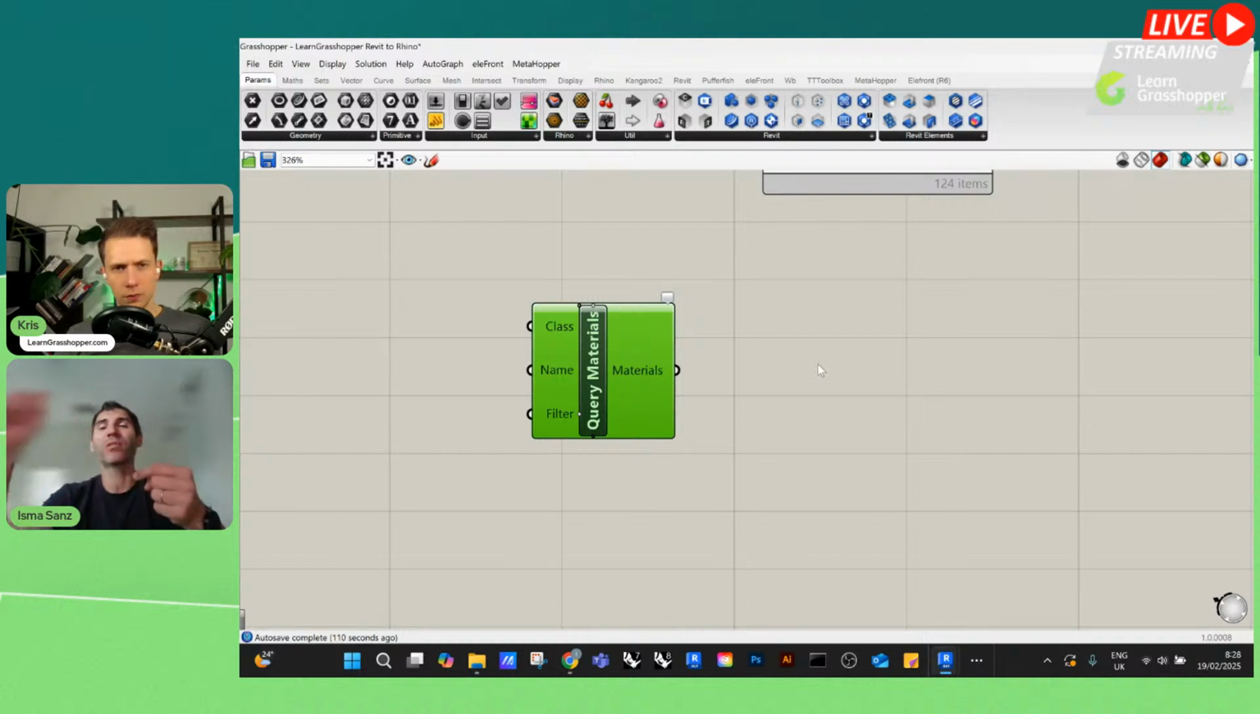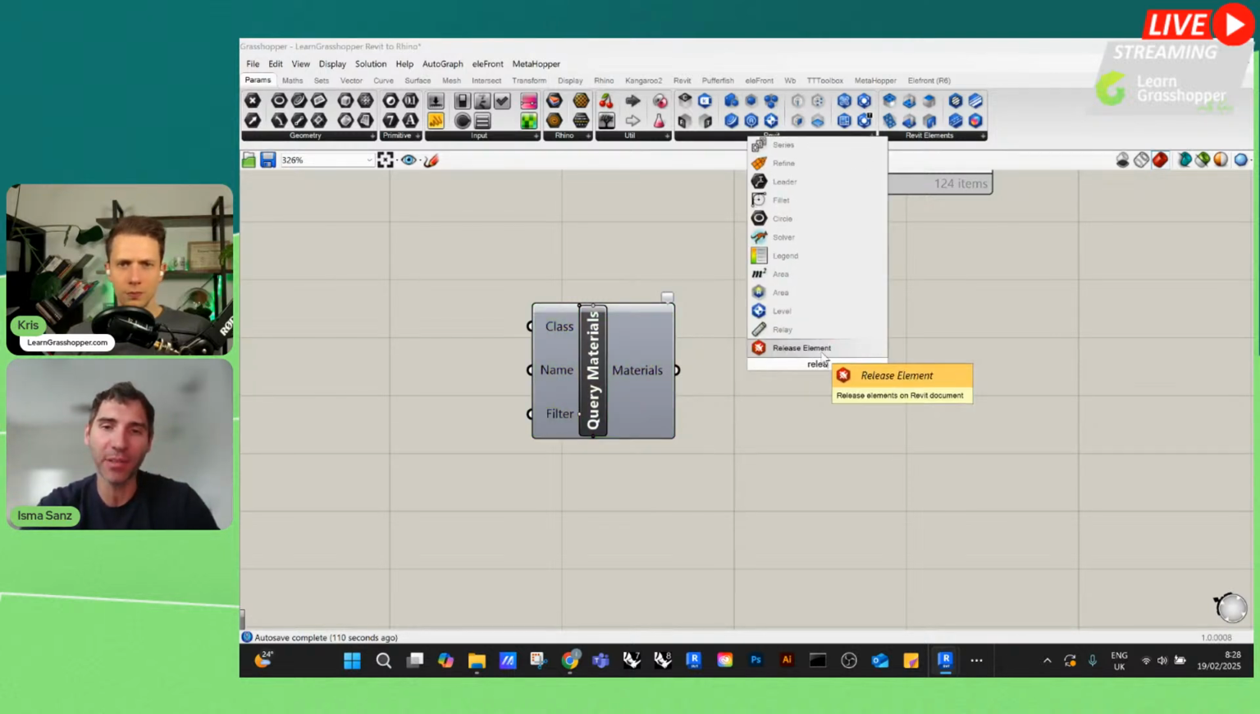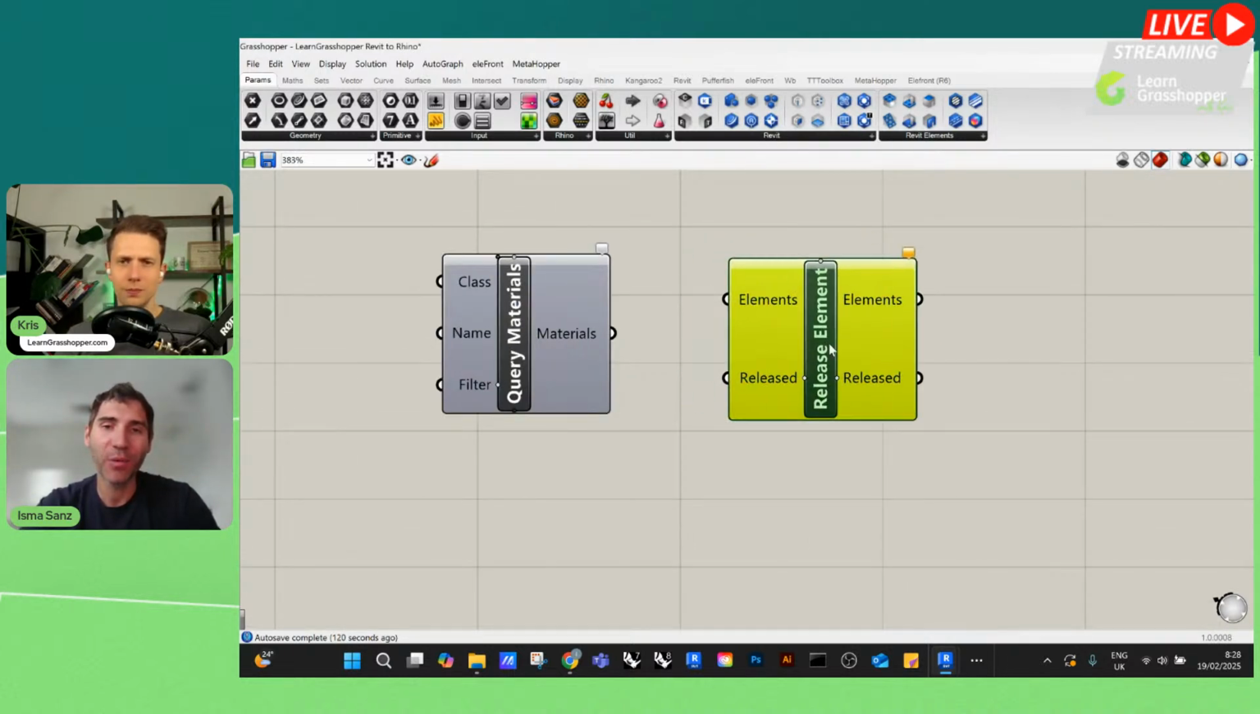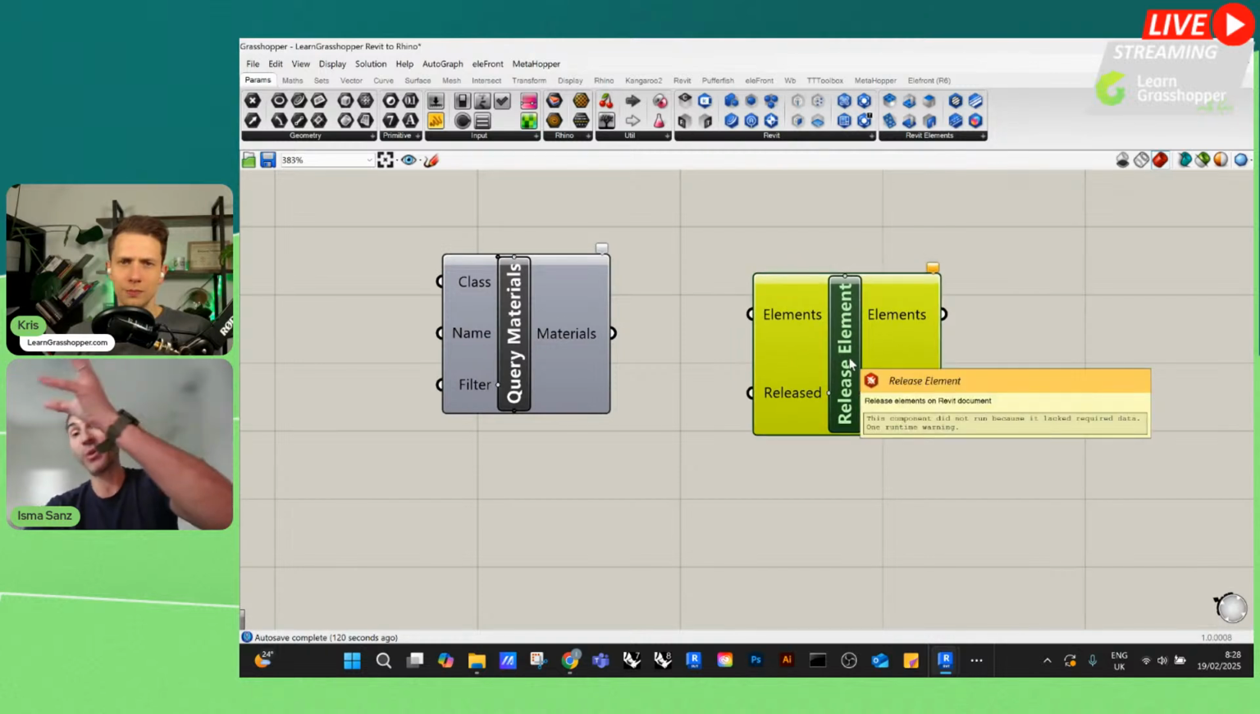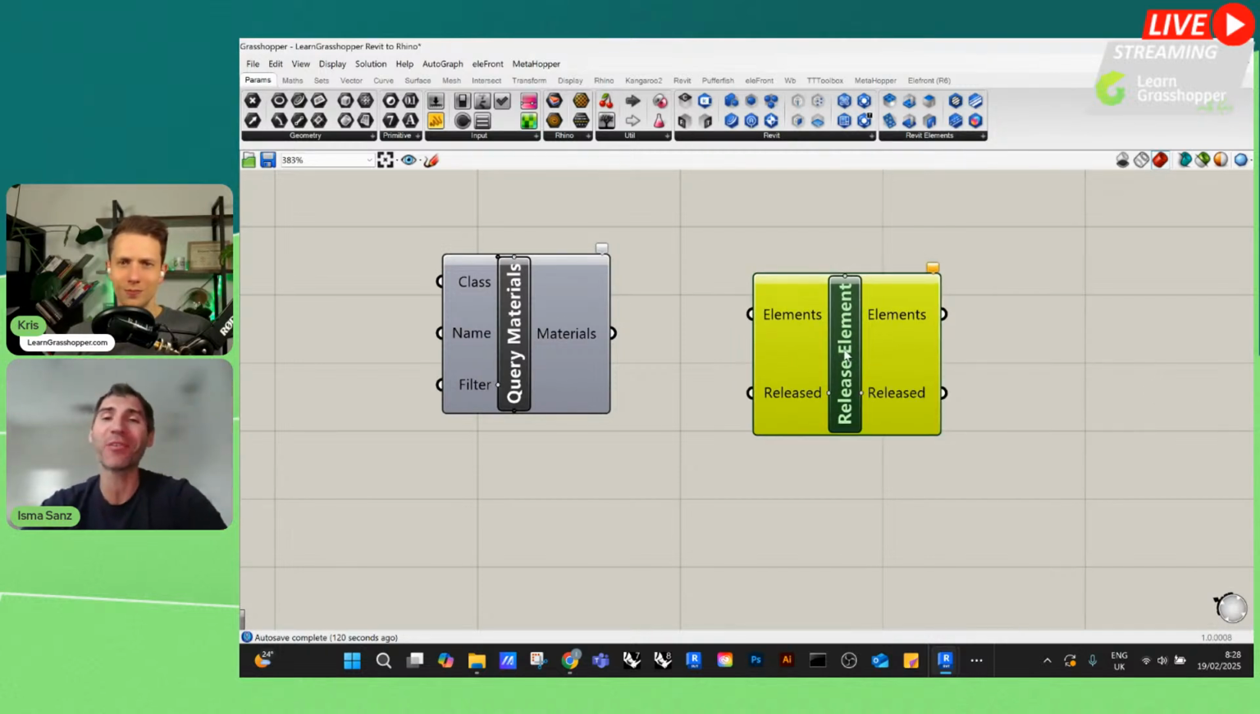So if you want to just lose that connection, the good practice is to bake. There's a button, I think it's called release element. I would say this is a different conversation because this is more like bringing data into Revit. But if you use the release element, you're baking that information into Revit and then it